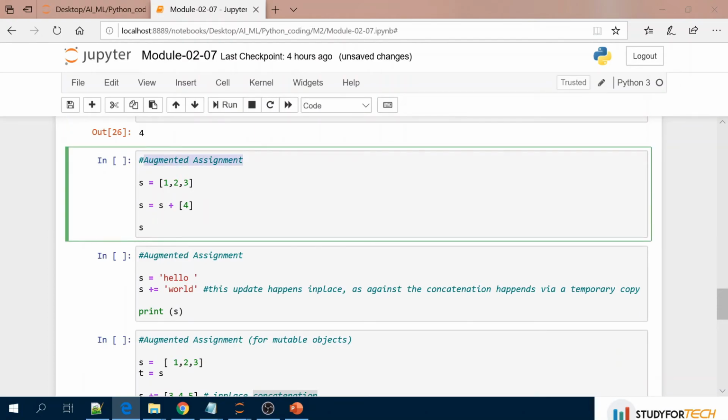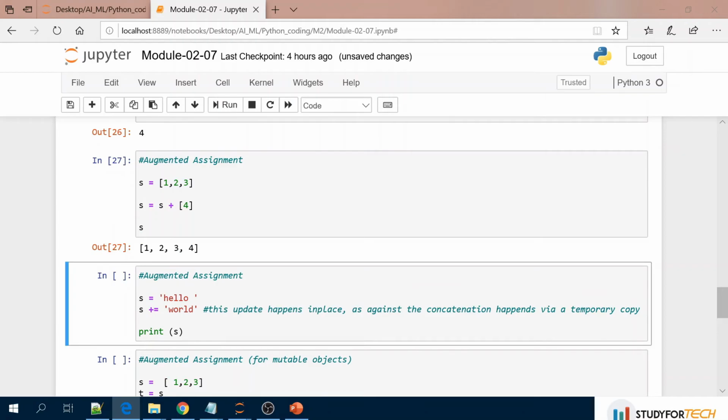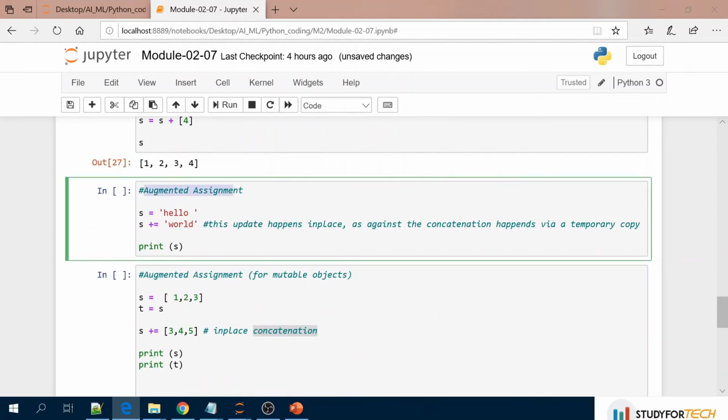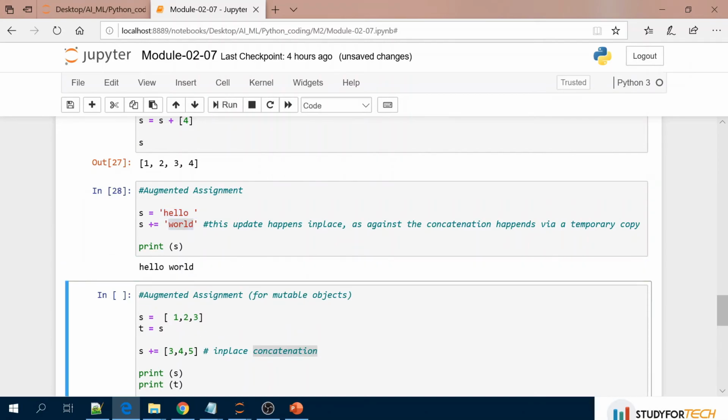Augmented assignment, here if you see, x equal to, we have a list, and s equal to s plus 4. So we are trying to concatenate this 4 to this existing list. So you can see here 4 has been appended. Now if you see here, augmented assignment, s equal to hello, so this is one string and this is immutable, and s plus equal to world, so it will print hello world.